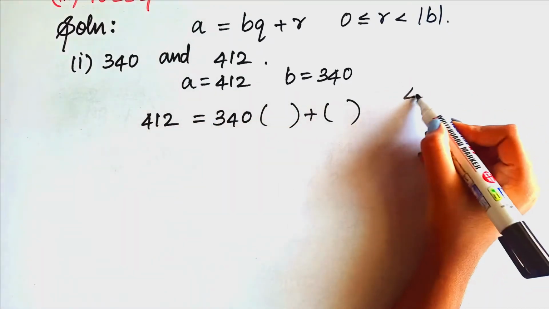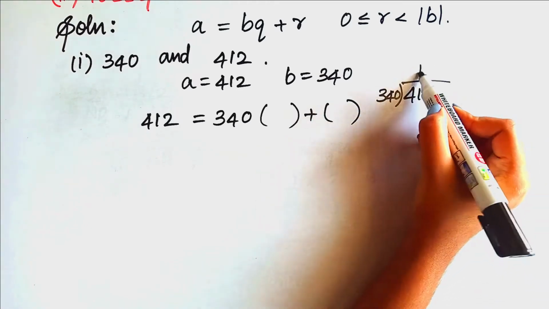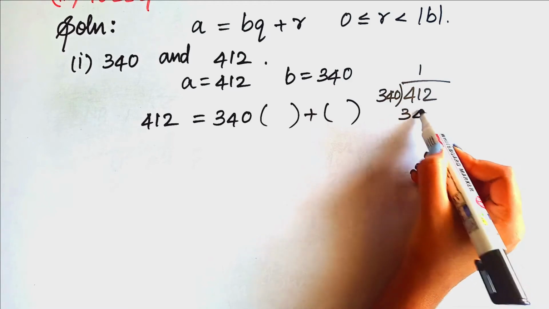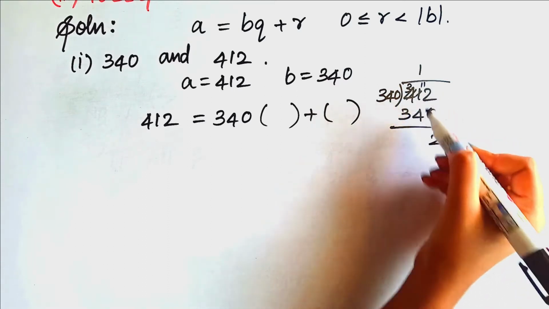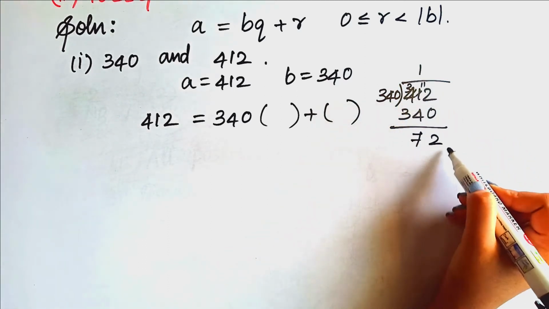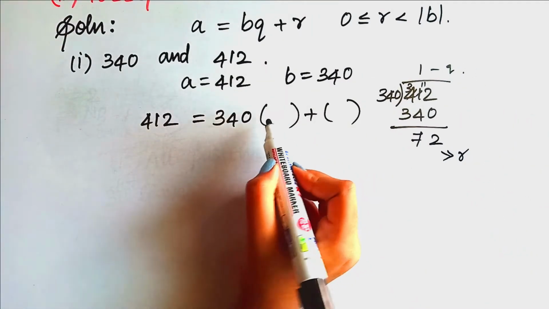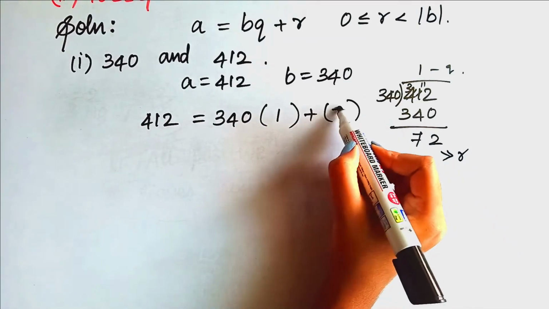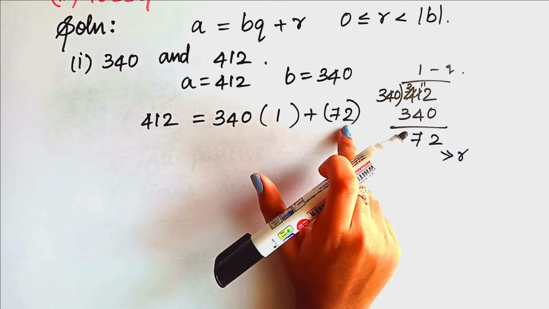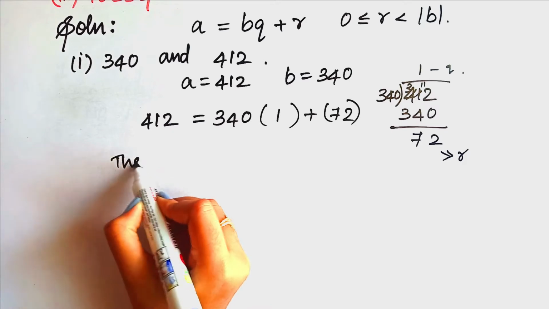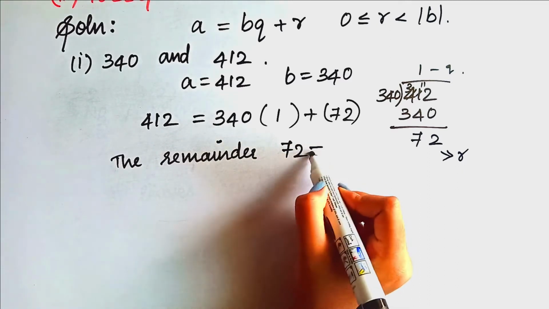We have to divide 412, right? So 412 divided by 340. So let's take a 1. So we'll get 340 and our answer will be 2, and the balance will be here, it will be 11 and 3. So the answer will be 72. So here we got a remainder as 72 and the quotient as 1, right? So let's substitute here. Here our quotient is 1 and the remainder is 72. So this is not a factor, right? So here the 1 is not a factor because the remainder 72 is not equal to 0, right?